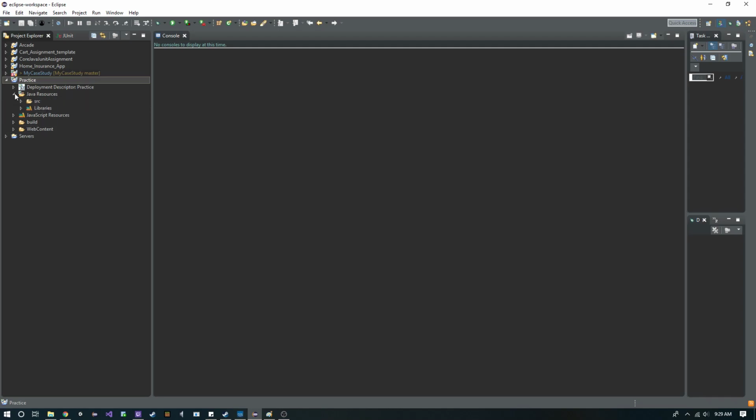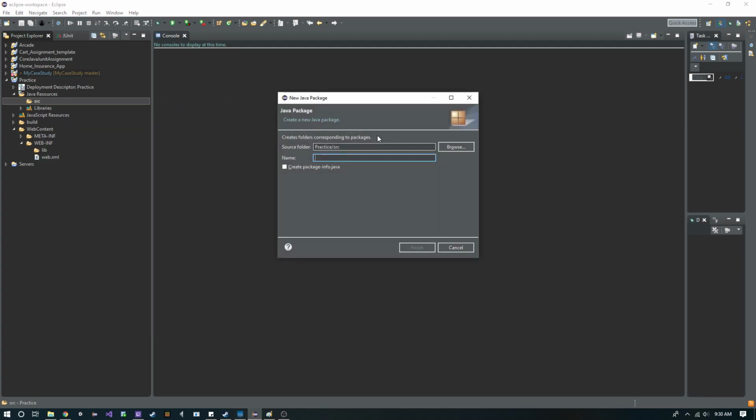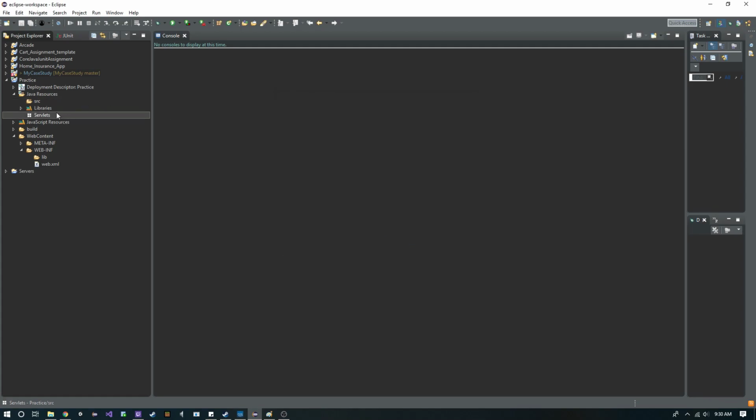So we have a folder called Java Resources. It's pretty much empty. And we have a folder called Web Content. Now, to just set up your project, if you don't already have it, create a new package called Servlets. And whatever your package naming scheme is, use that. And this is where we're going to create